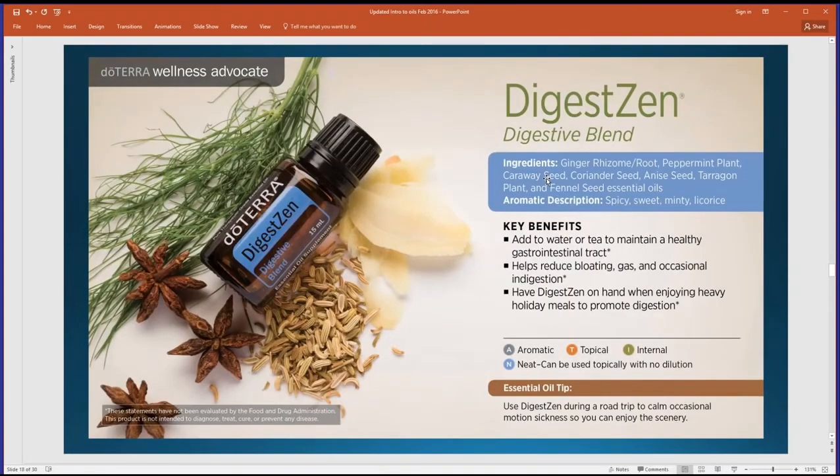Love that stuff. DigestZen for digestive issues. You look at the ingredients on this one, it just looks like you're at an Indian restaurant or something. Ginger, peppermint, caraway, coriander, anise, however you say that, tarragon, fennel. Okay, these are all just foods. So it would just make sense that they're going to be helpful to maintain a healthy gastrointestinal tract for digestive issues, bloating, gas. Also, if you overeat,